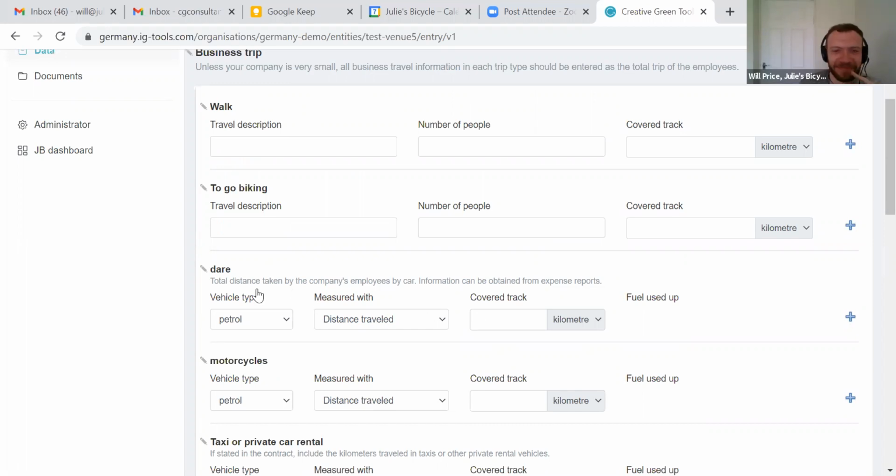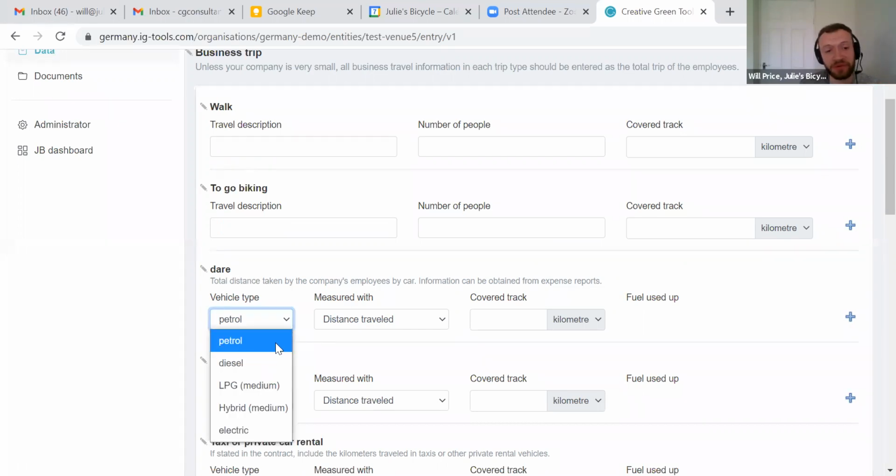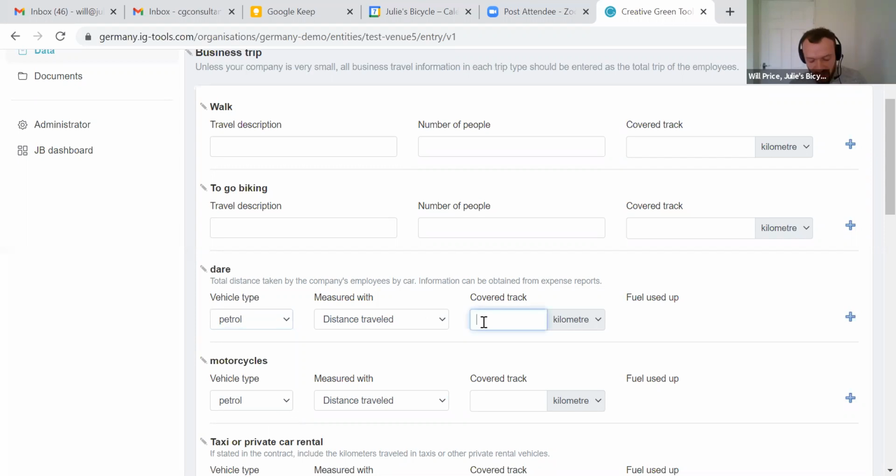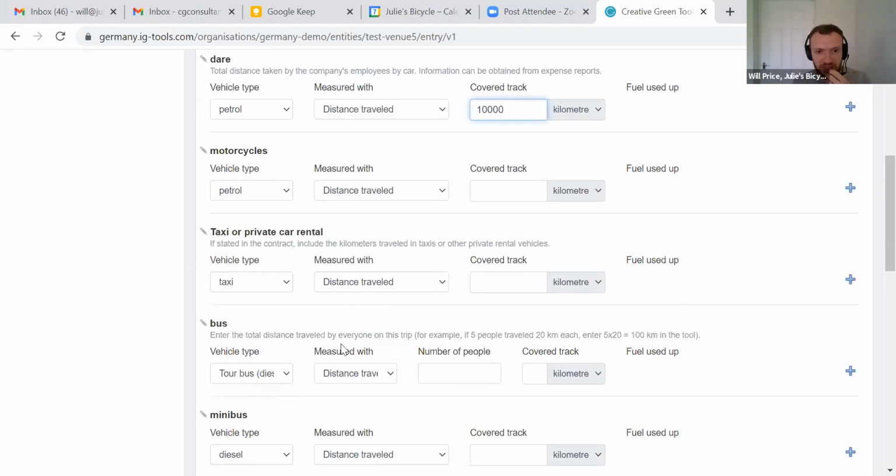So that's good. Like I said, this is set at the minute, and you can switch between different vehicle types in terms of fuel: petrol, diesel, hybrid, electric. And then you can enter the miles that you might have traveled, or alternatively, if you collect data differently, some people record the amount of petrol that they've used in cars, so there's an option for doing that as well. But I'll keep that in terms of distances. So if I just add a couple here,